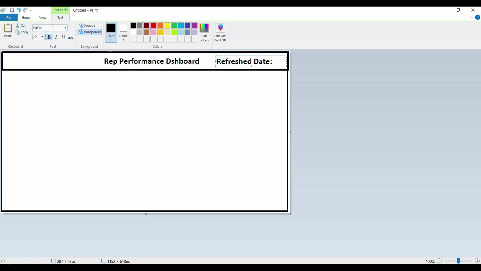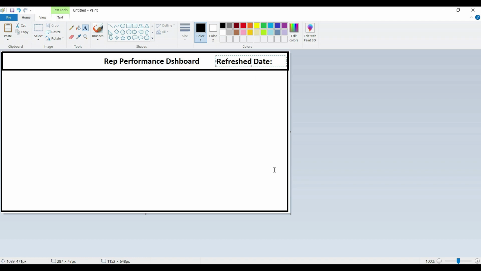Then we will have a section for the filters. We can either have this section on the right, or most of the time it is placed in this section just below the ribbon. For example, either we can have the filter section here, or in some dashboards I have also seen the filter section on the right side of the dashboard. So it depends on whichever is suitable for our requirement. For this purpose, let me keep a section for the filters just below the ribbon section.